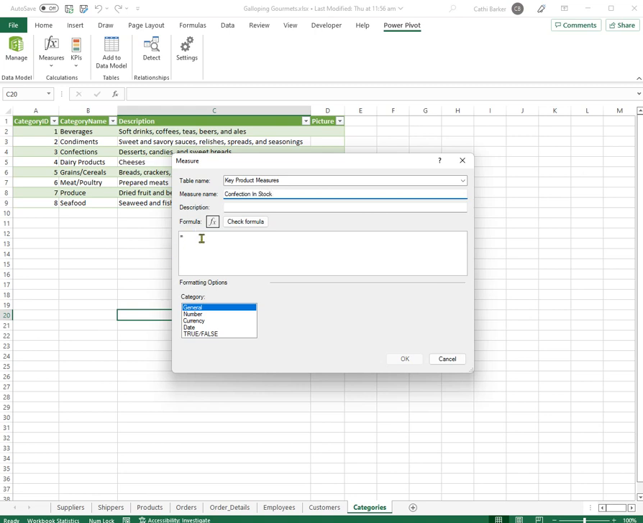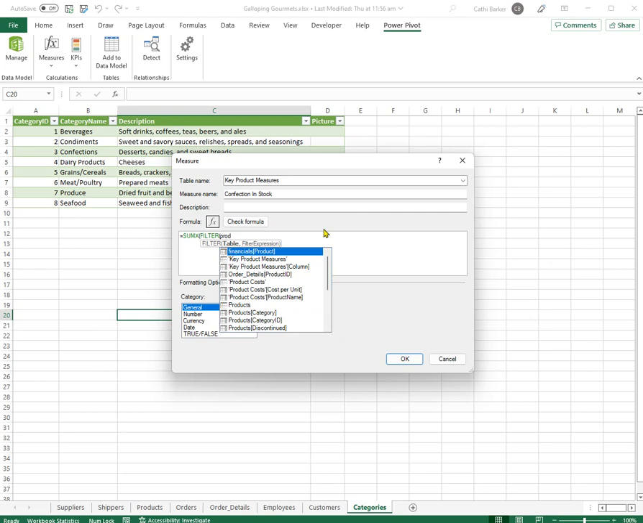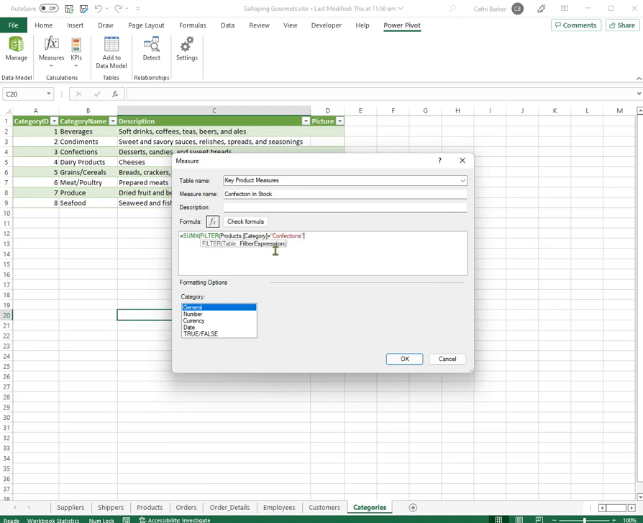And the formula is a SUMX. I want to sum the table, but I have to do a filter. Filter out the products table where the category is equal to confections, and it's the product